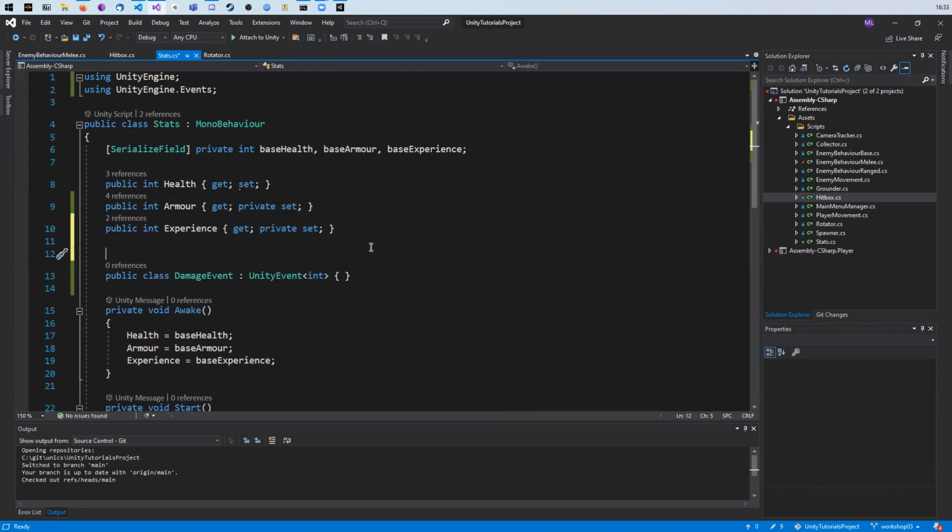So it allows you to clear the list of registered handlers. It allows you to assign handlers within the editor instead of just in code. And it also allows you to actually look at your handler list, which